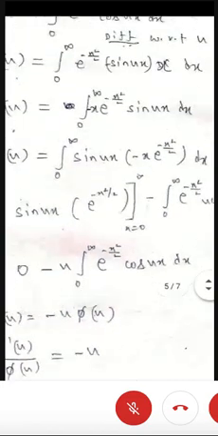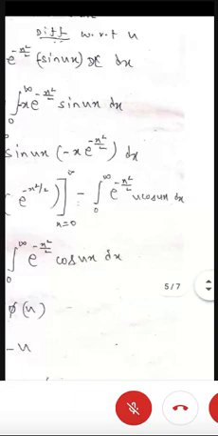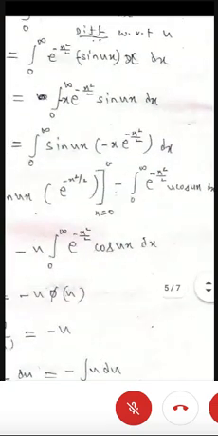So in the place of x, put the upper limit infinity, so e power minus infinity will come. E power minus infinity is 0, right? 0 into anything is 0. Minus the lower limit. In the place of x you put 0, sin 0 is what? 0. So if you put the upper limit as well as the lower limit, you will get 0. 0 minus 0, 0. Minus u is the constant there because you are integrating with respect to x. So u is constant and comes to the outside.